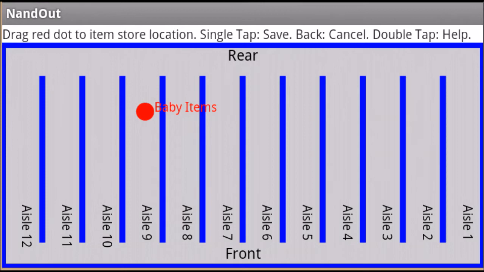Alright, so how do we map a store? If you look closely at the screenshot before you, you can see a number of lines indicating aisles. When you map your very first item, you must tell the system the number of aisles in your store so it has this picture to work with. So, I'm afraid this probably cannot be done in advance of a store visit, but you do only need to